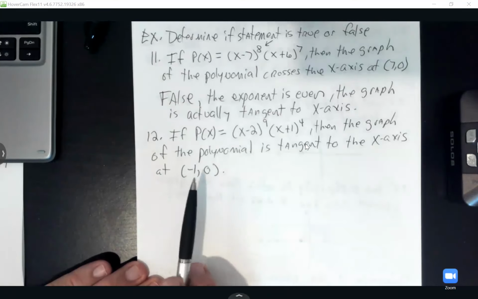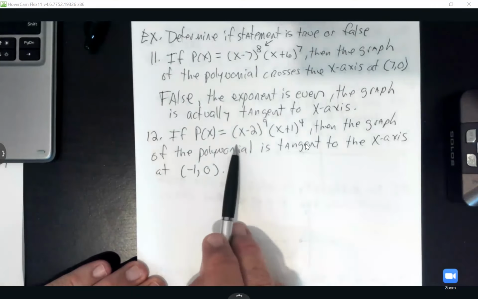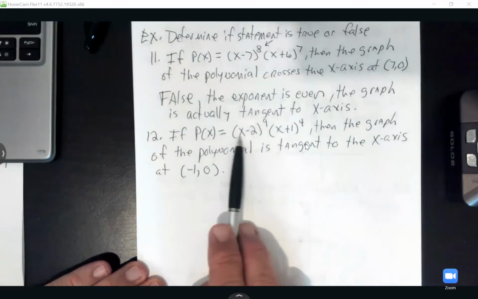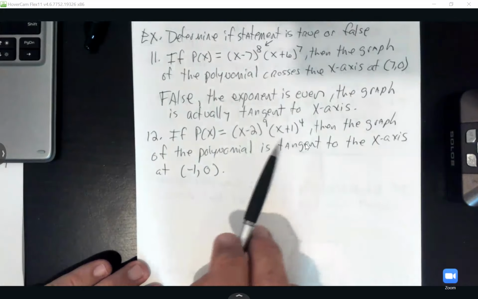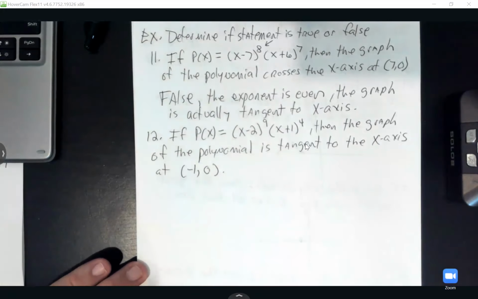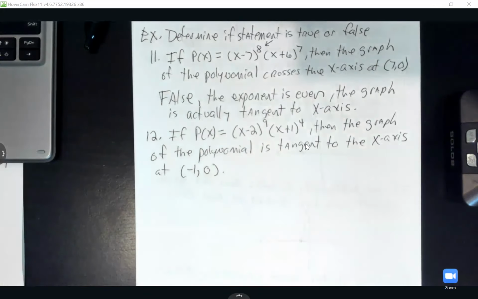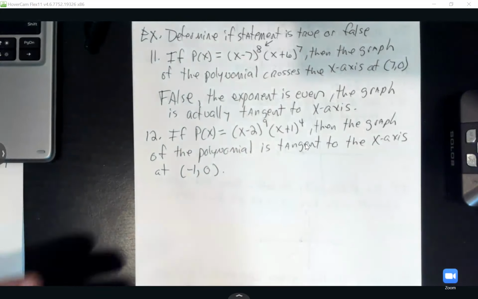So at this point, -1, 0, you have to determine which factor has that as a 0. What's its multiplicity? And find out whether this is tangent or if it crosses. So is it going to be true or false? True. It is definitely true,